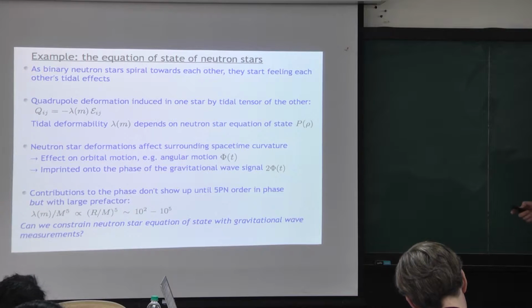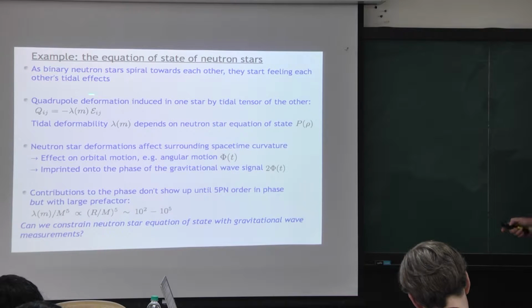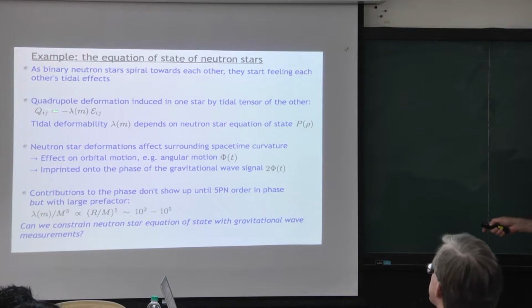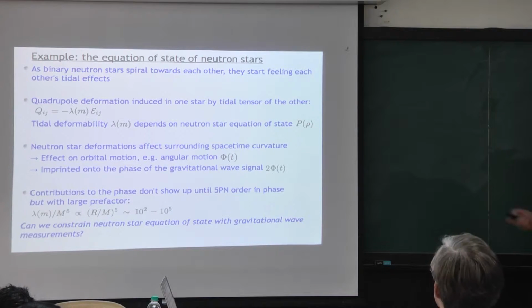So, as binary neutron stars spiral towards each other, they're going to start feeling each other's tidal effects. Now, the tidal tensor of one star to leading order will induce a quadrupole deformation in the other star. Now, there's a relationship between those two, of course, in terms of this prefactor here, which is called, sensibly enough, the tidal deformability, and this depends on the neutron star equation of state. That is how we're going to extract information about P of rho, or M as a function of R, from